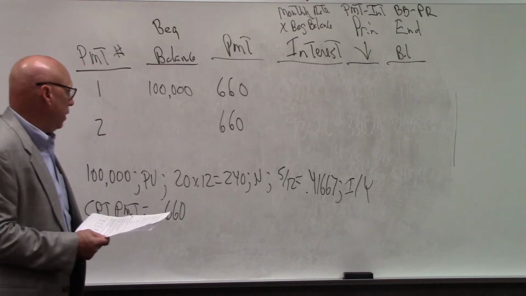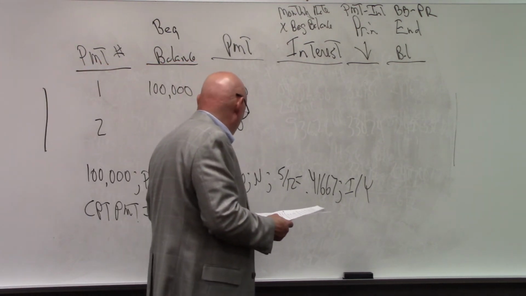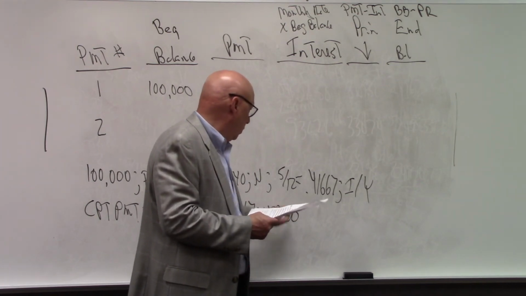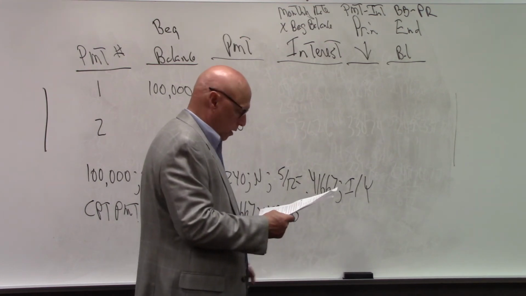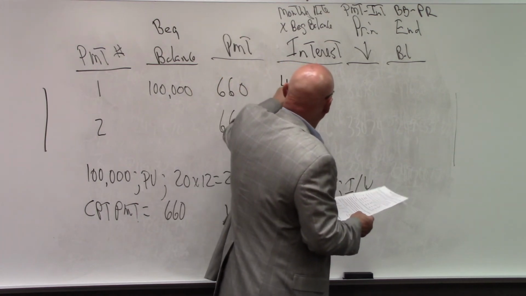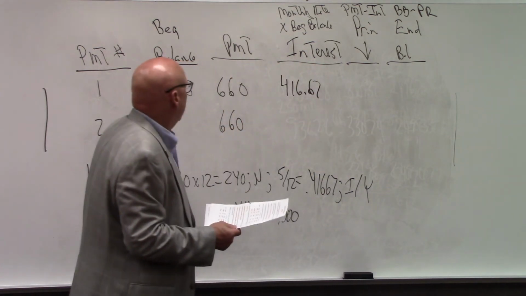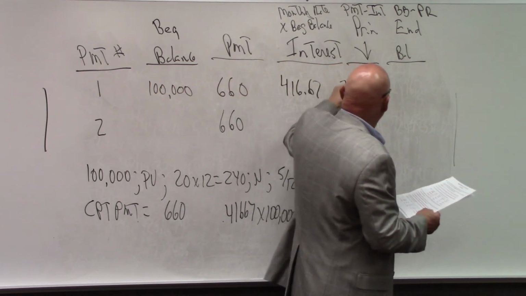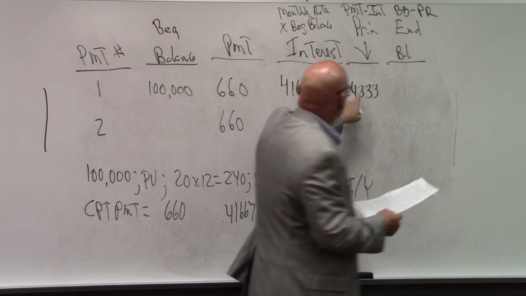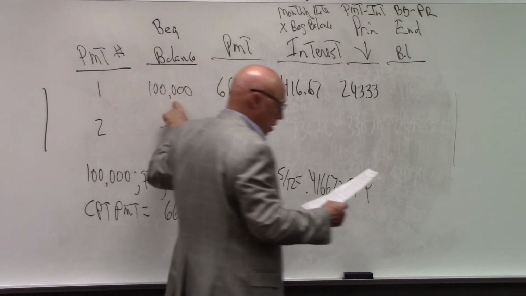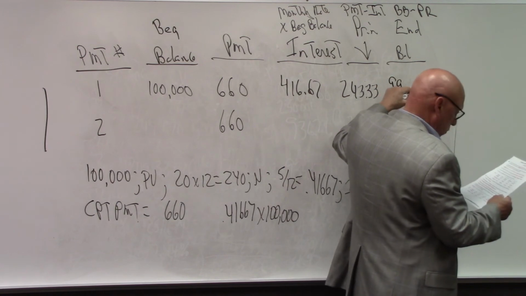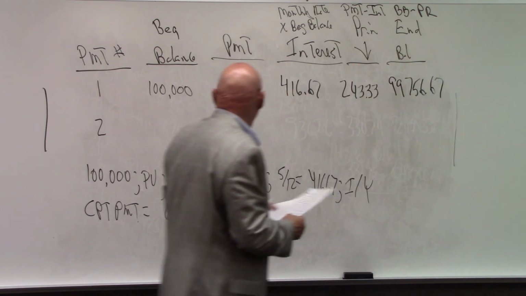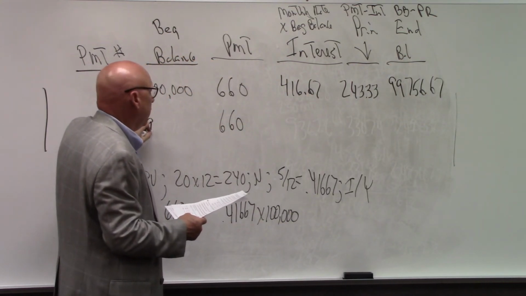All right, so our interest is 0.41667 times 100,000. Okay, our monthly interest times 100,000 is 416.67. Subtract 416.67 from 660, and we get 243.33. Subtract 243 from 100,000, and we get 99,756.67. Okay. That's our new beginning balance,